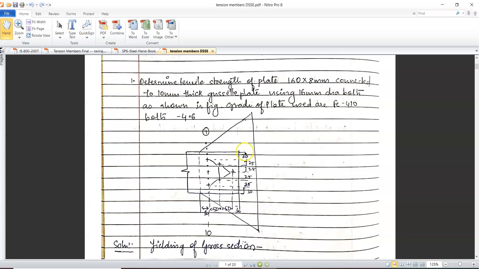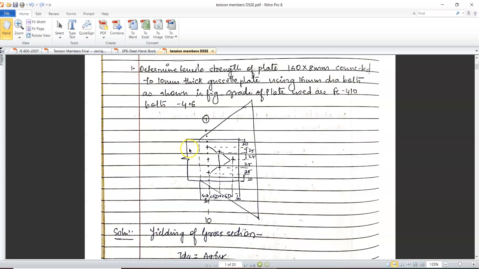The end distance or whatever edge distance, which is 30 here. So from center of this to this is 25. Here to here it is 25, again 25 and 25, and lastly it is 30. So total width is 30, 30, 60. Yeah. 50, 110, and total width of the plate is 160. The other direction is 30, 50, and 50.